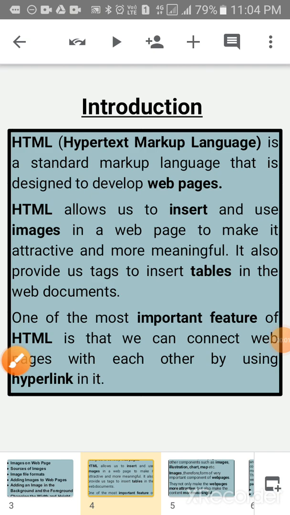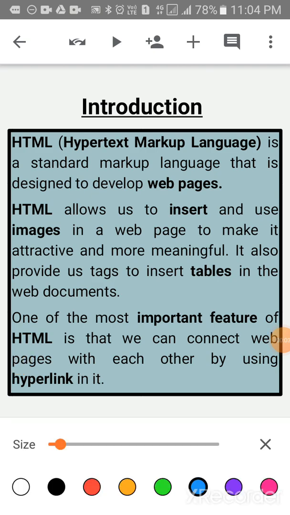Now children, come to the introduction. HTML, Hypertext Markup Language, is a standard markup language that is designed to develop web pages. HTML allows us to insert and use images in a web page to make it attractive and more meaningful.